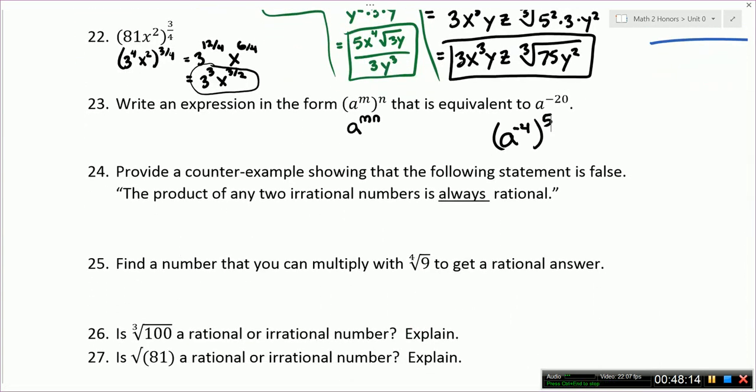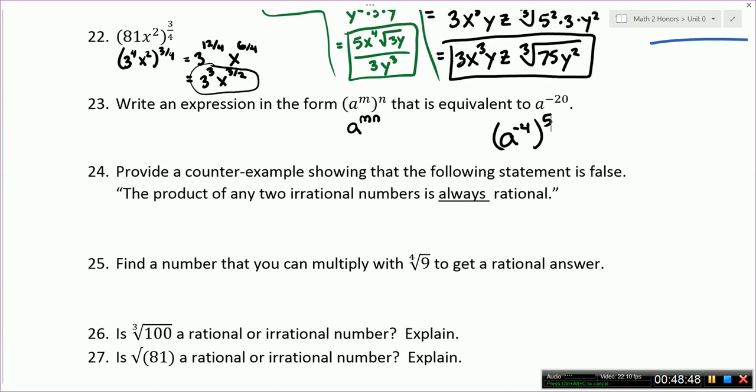24. Provide a counterexample showing that the following statement is false. A counterexample is an example that shows a statement false. Okay, so the statement is the product of any two irrational numbers is always rational. Now that may be true in some cases, but we're saying that it's not true always. So we're trying to come up with two irrational numbers that we multiply together and come up with